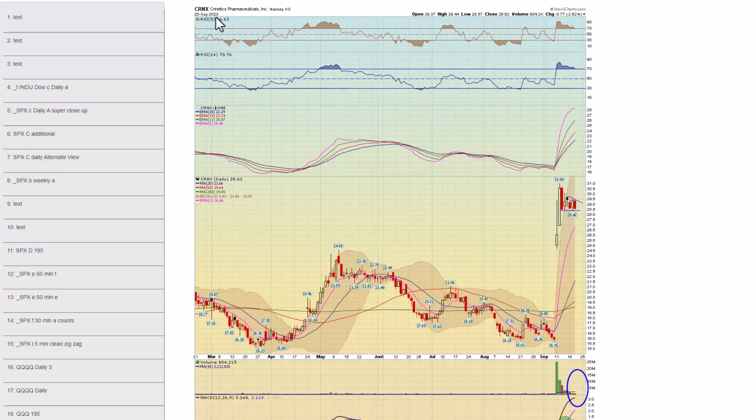Chart 80, CRNX, one from Steve last night, a little high and tight pattern. This could go either way. It could pop up through here. It could pop down, a quick move down to the 9 EMA. Make sure, this is not for the faint of heart, guys. So make sure you're able to focus if you attempt this one.